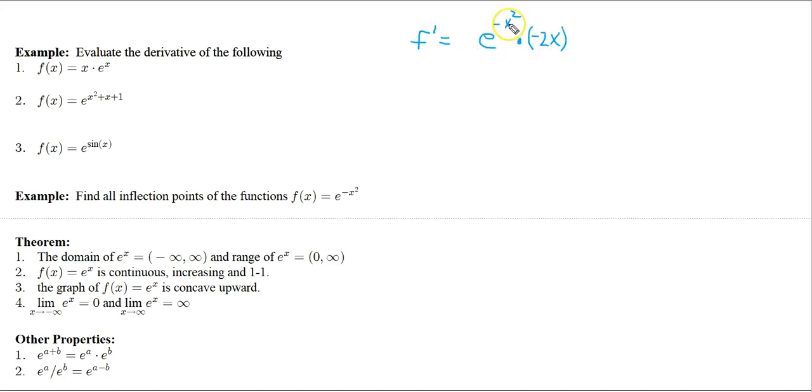This is e to the u. This is u right here. And this piece right here is u prime. e to the u times u prime, that's my derivative. Now I have to take the second derivative. All right, so the second derivative, now I'm going to have to use the product rule. So it's going to be e to the negative x squared times the derivative of negative 2x. So that's going to be